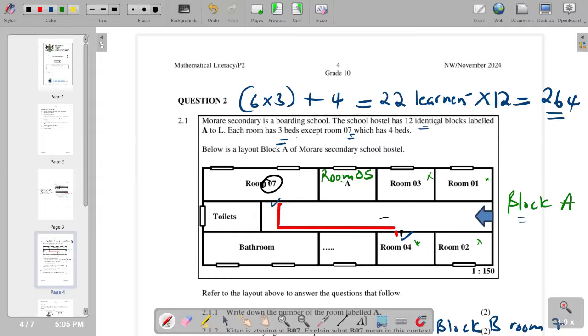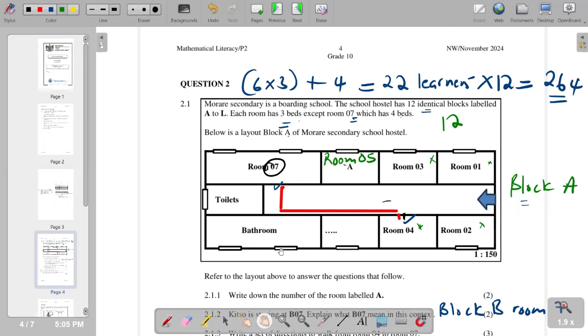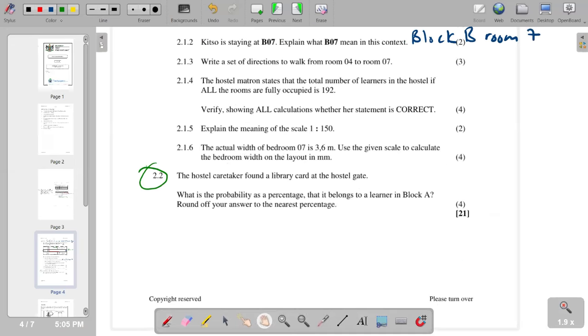And also the total number of blocks that we have is 12 blocks. And the probability that it will be from block A is going to be 1/12. So we are saying out of the 12 blocks, the probability that it will come from block A will be